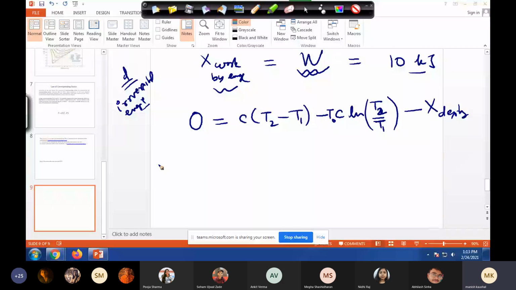So X destroyed will be, X will go that side, so C(T2 minus T1) minus T naught C ln(T2 by T1). This you know is nothing but minus 40, and this you know is nothing but it has come out to be